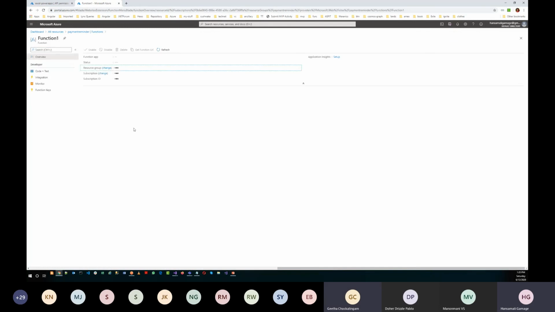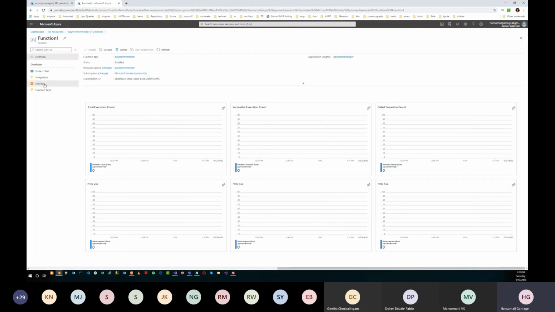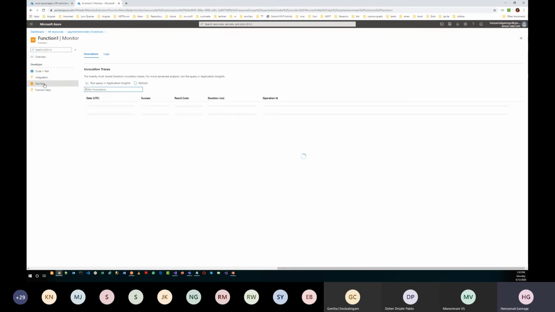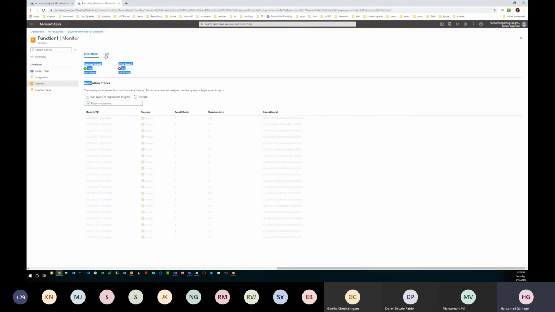So this is the function. Let's move into the monitor tab and the logs. I have set this up for 1 minute, which means each and every 1 minute this will be running.